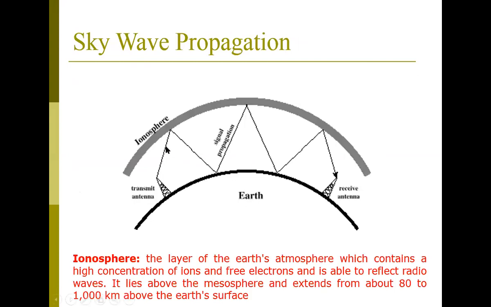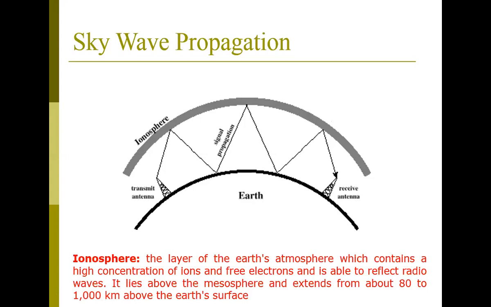Multiple fractions are there. Ionospheric, because the antenna is installed on the ground surface. Transmitting antenna, ionospheric, reflected back, again reflected back to the ionosphere, reflected back to Earth's surface, reflected back to the ionosphere, then received at the receiving antenna.